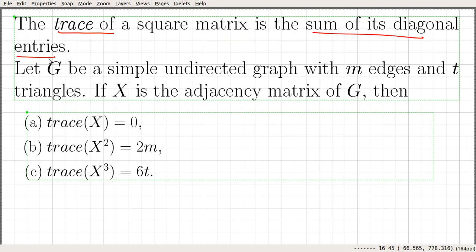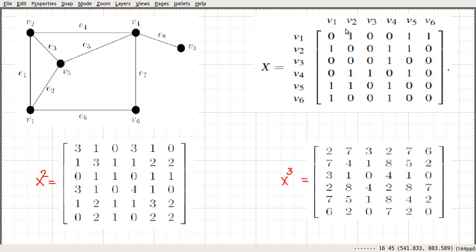This particular thing is very well known to high school students. The trace of a square matrix is the sum of its diagonal entries. For example, if we consider this matrix, the trace is nothing but the sum of the elements on the diagonal. So for this matrix, the trace of this matrix is 0, whereas if you consider this matrix, the trace of x squared,